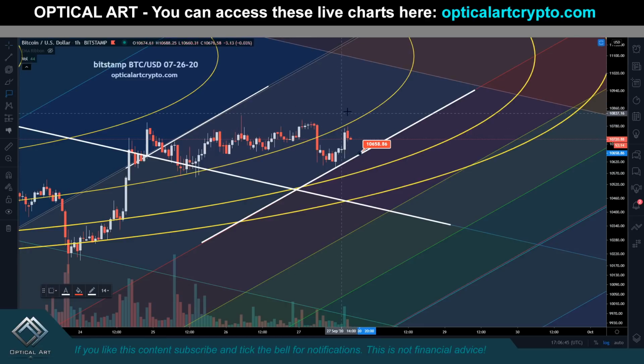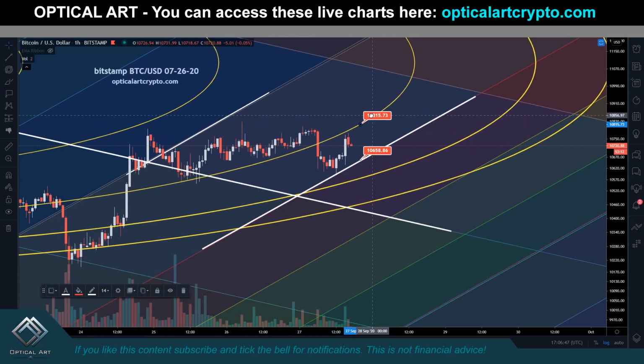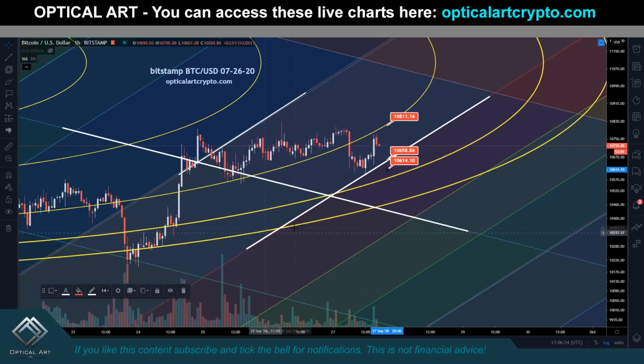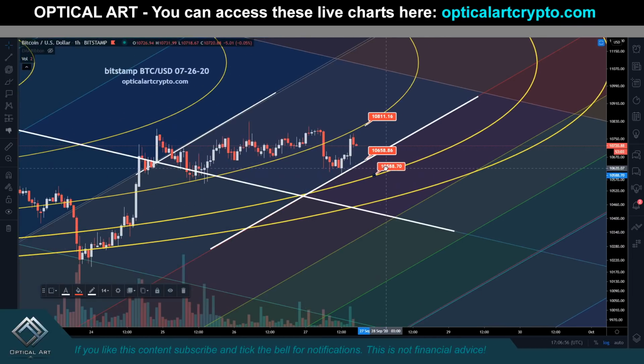So if we pushed up, likely resistance based on this chart is around 10,800. If we drop to the next ring, which we are respecting, you can see back here, potentially your target would be right here at 10,588. And then the ring that we were respecting, the last ring, would be right here around